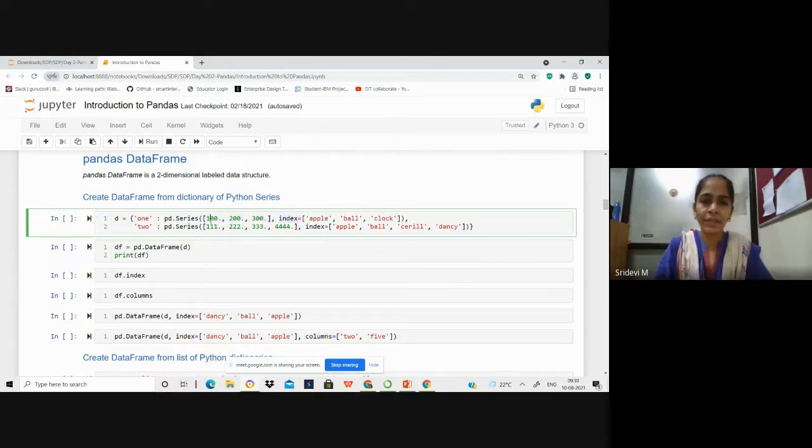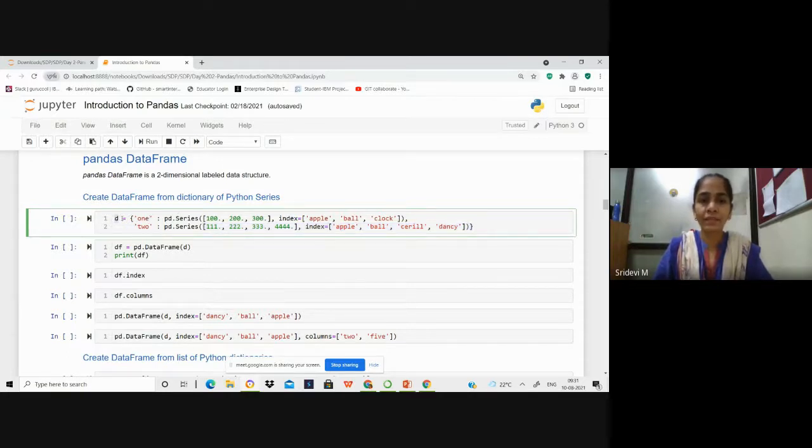Now we are creating data with values 100, 200 and 300 and their corresponding index, apple, ball and clock. So apple is associated with 100, ball is associated with 200 and clock is associated with 300. In the same way, we are creating another series. Now apple has value 111, ball has 222, Cyril 333 and Dancy 4444.